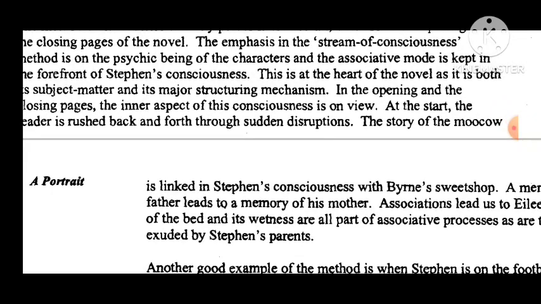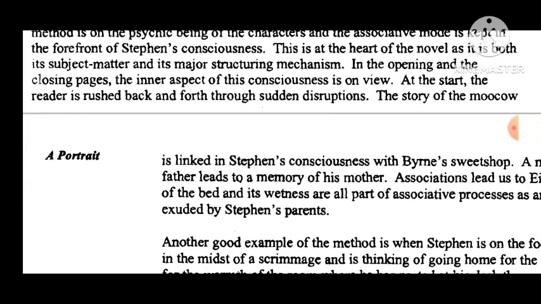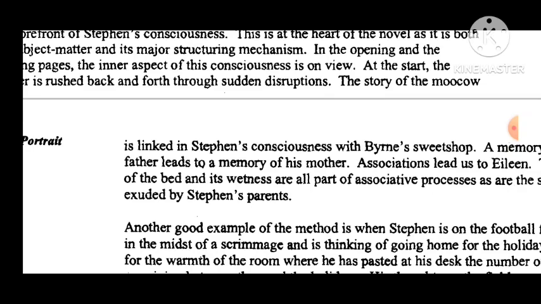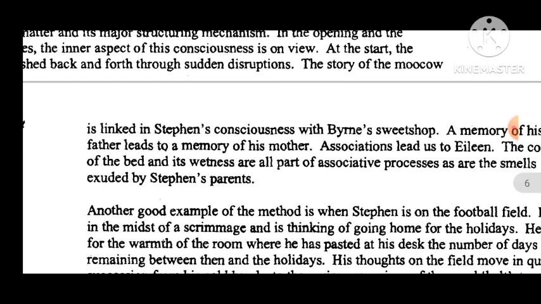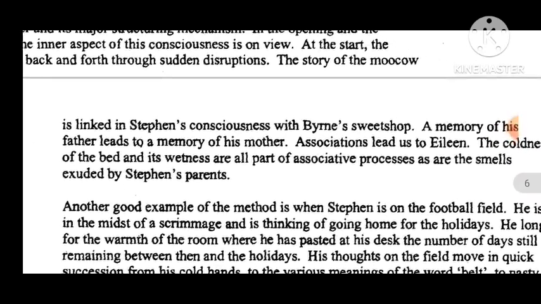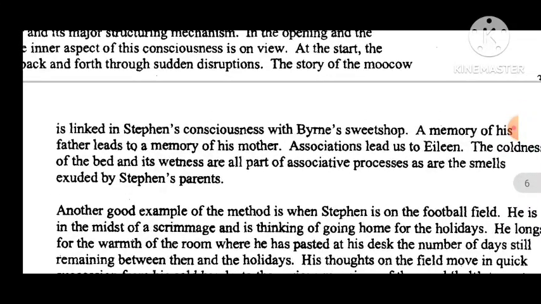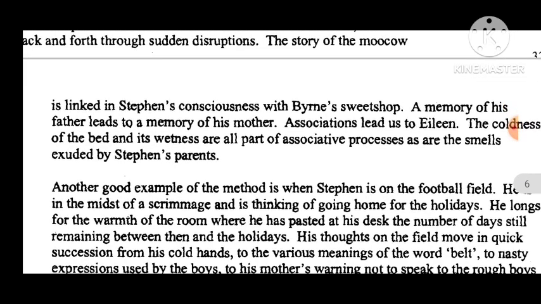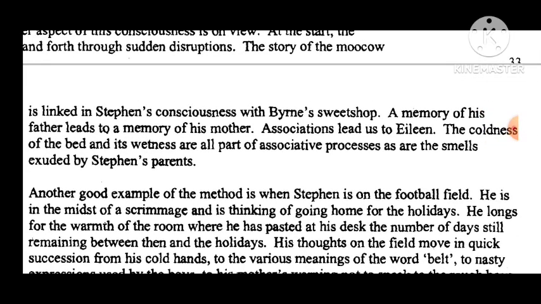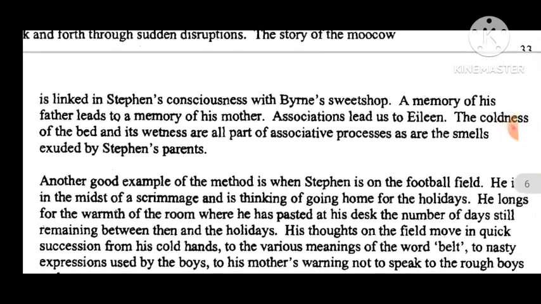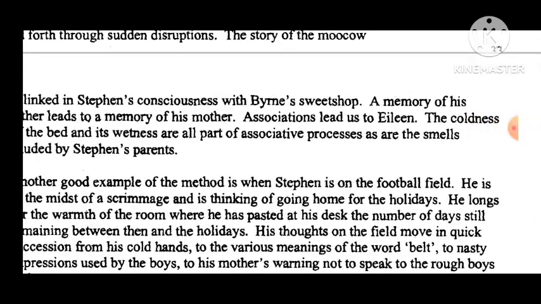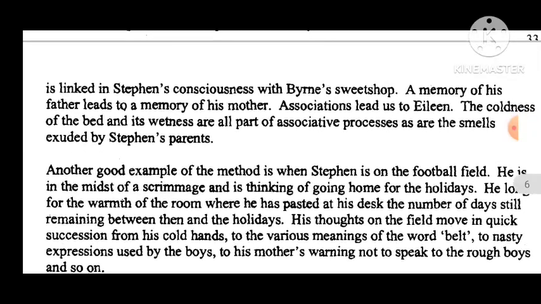At the start, the reader is tossed back and forth through sudden disruptions. The story of the macaw is linked in Stephen's consciousness with Byron's Sweetshop. A memory of his father leads to a memory of his mother. Associations lead on. The coldness of the bed and its wetness are all part of the associative process, as are the smells exuded by